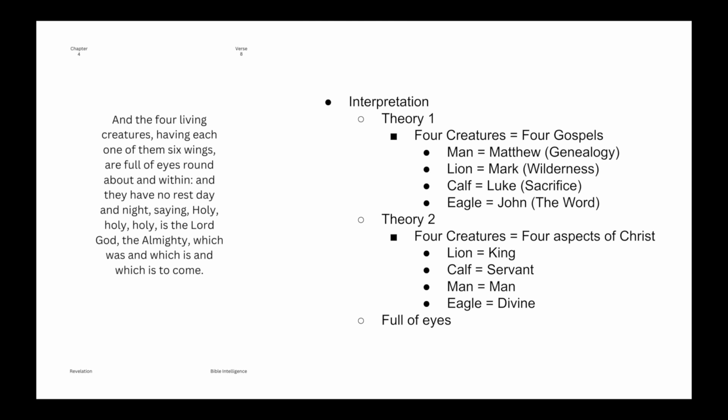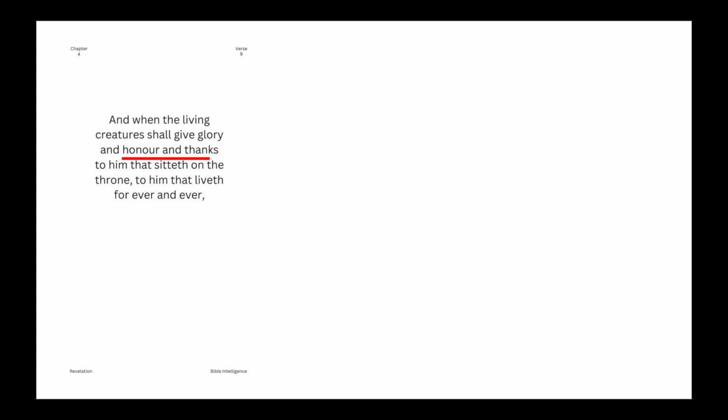Then this idea of being full of eyes, the meaning behind this is that you've reached total consciousness, you're fully aware, and you've reached the state of all-seeing, all-knowing. So it's actually kind of good to be covered in eyes, although, yeah, you might have to buy a lot of pairs of glasses if your eyesight's not that great. But yeah, you've got all these eyes. It's the idea that you've reached total consciousness. And yeah, I think we've kind of finished the craziest parts of this chapter.